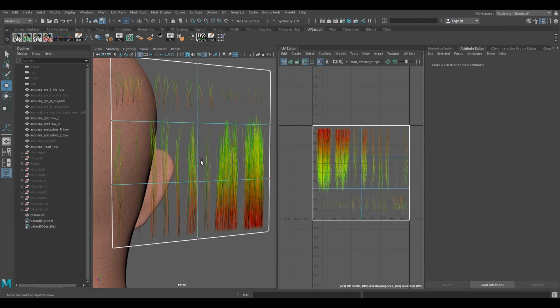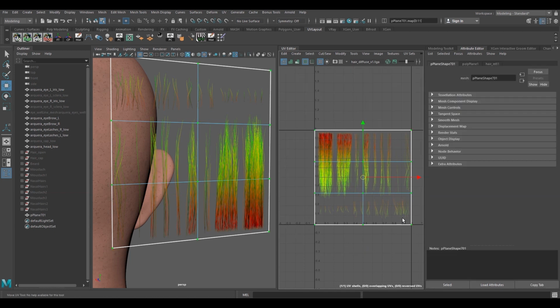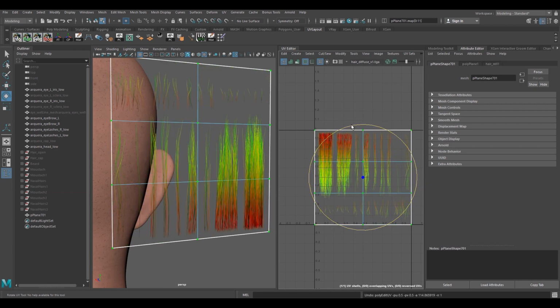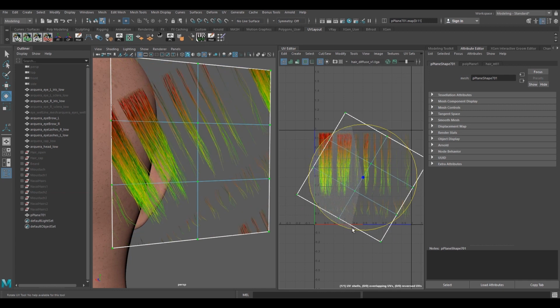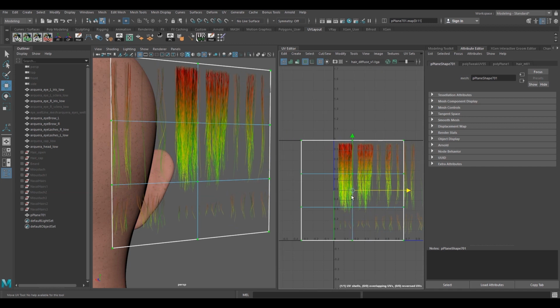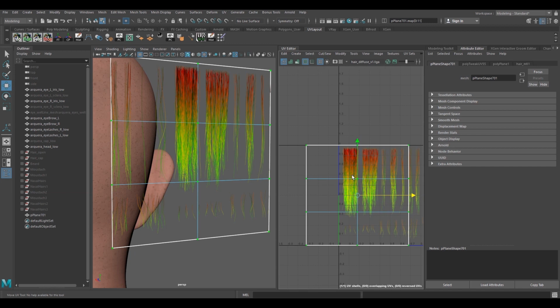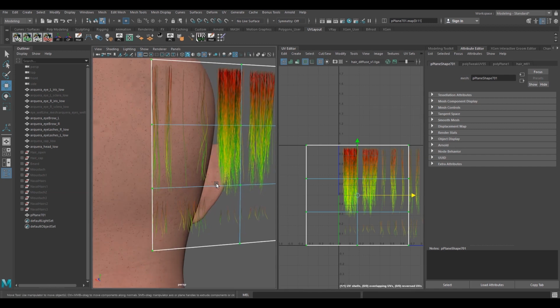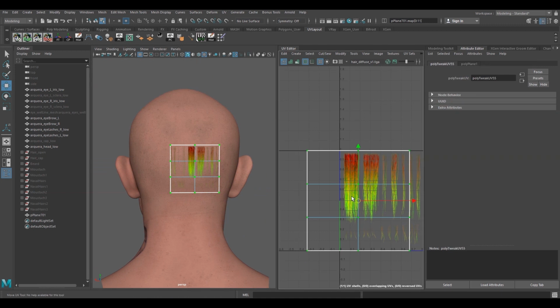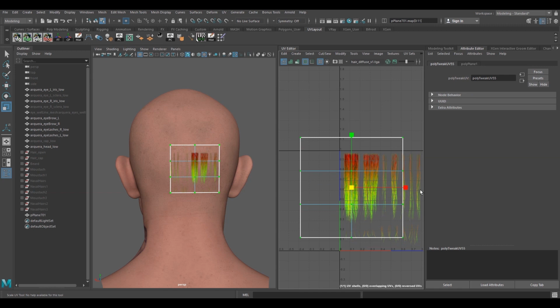and we can see that the hair texture is actually upside down right now. So for that, what we're going to do is rotate this, and even for this one, if we press the J key on the keyboard, then we can snap it, and it's much easier for precise rotations. I'm going to use this first chunk over here for the texture. These are the two main hair textures, which are mainly used for creating the base layer of the hair cards. And I'm going to select this over here and use